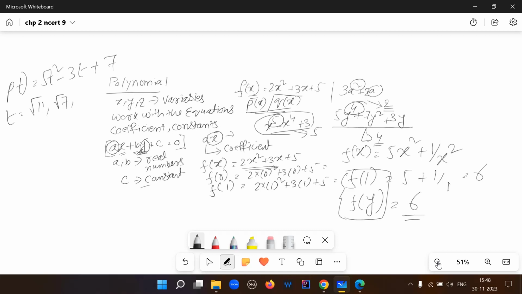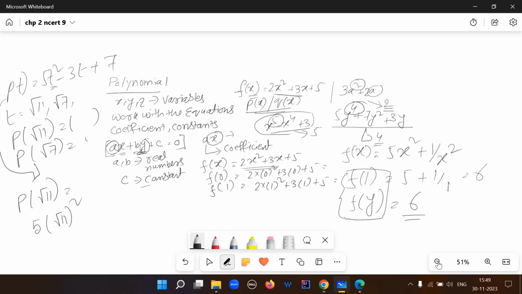Or the values may already be given in your exam. That's why you can put the value in, and you will get the value of p of root 11 and p of root 7. How will you get it? See, p of root 11 equals what? 5 into root 11 square